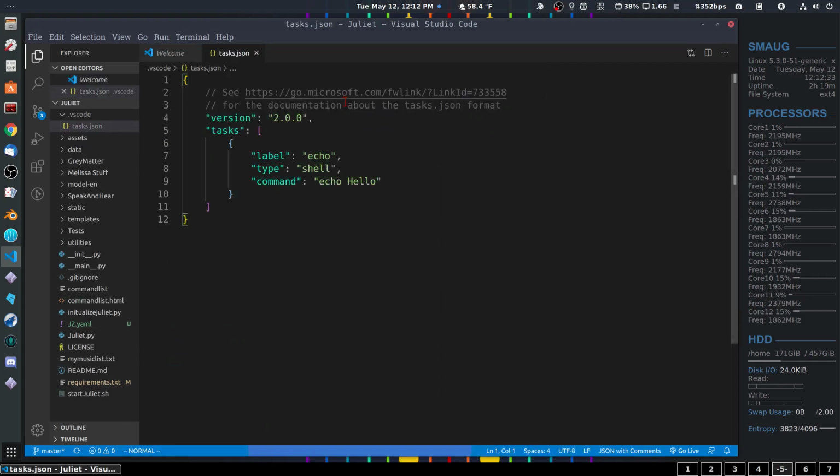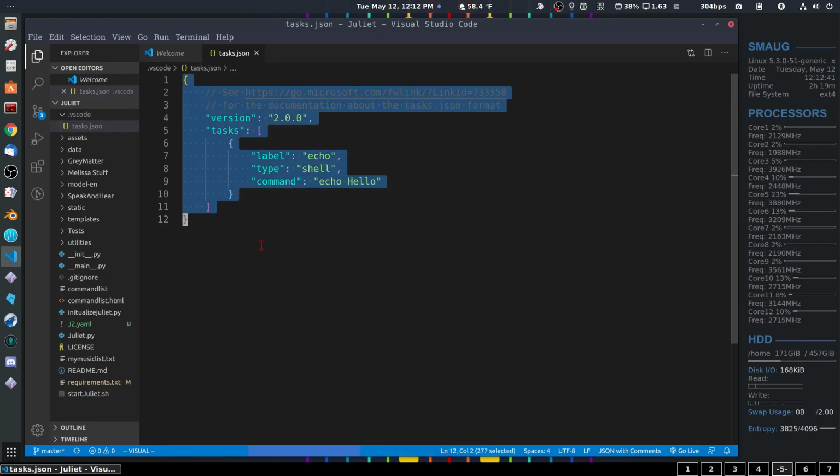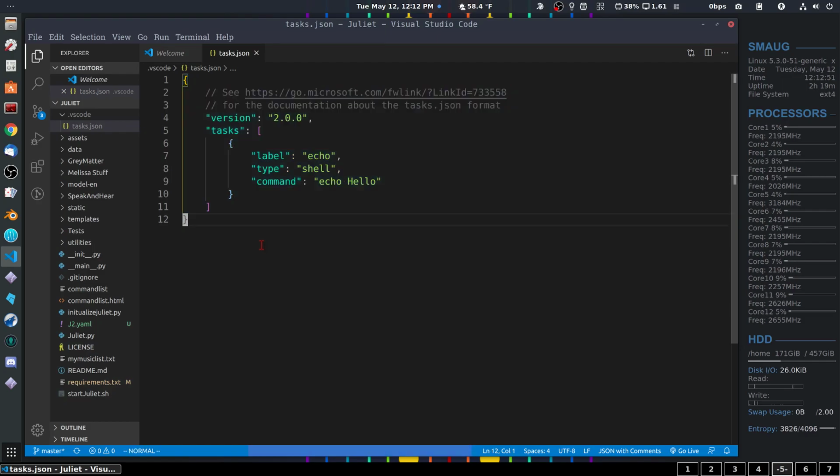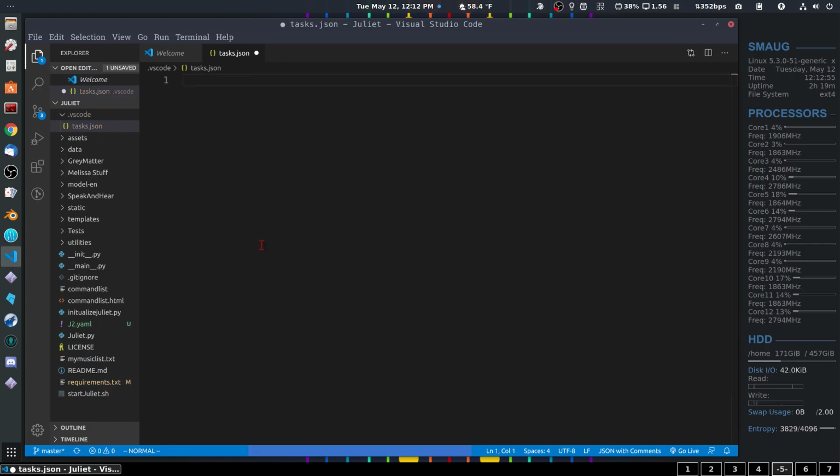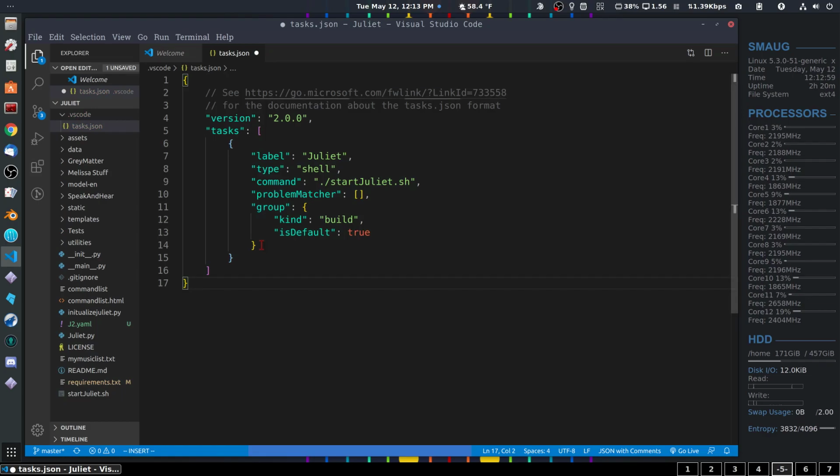It's just other, then actually I think what I want to do is just delete all this, then append, there we go. All right, so what this is doing here is running this start Juliet shell script for me